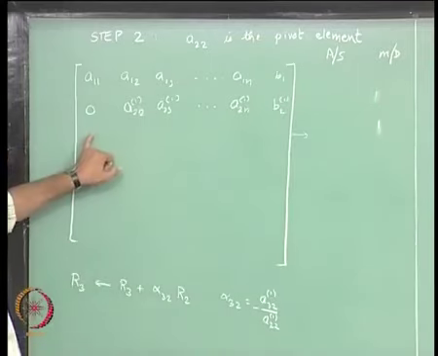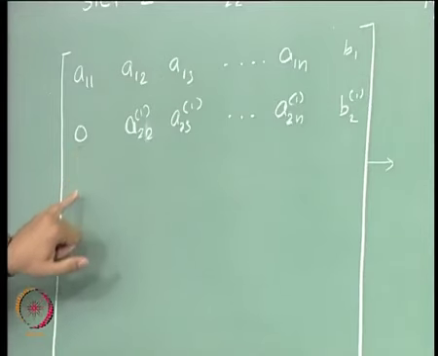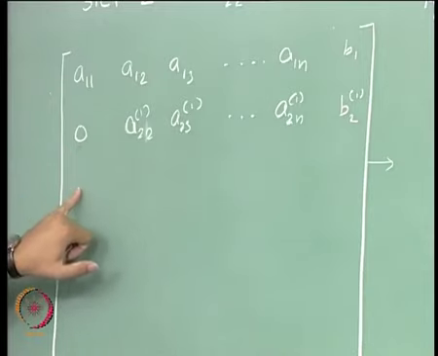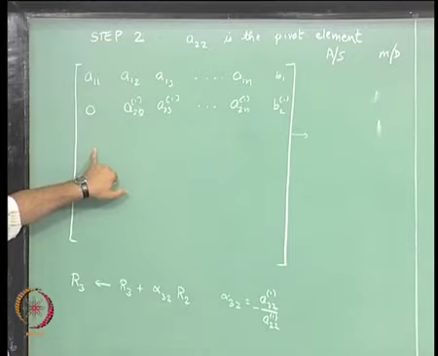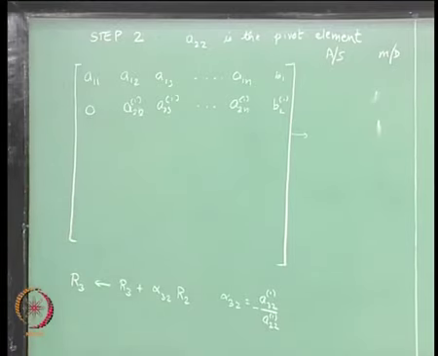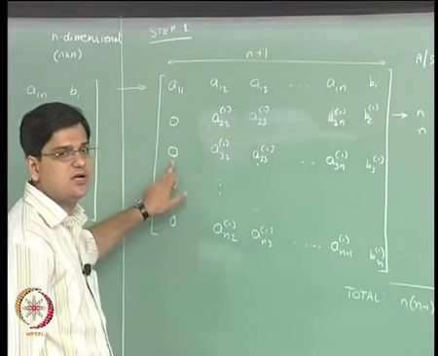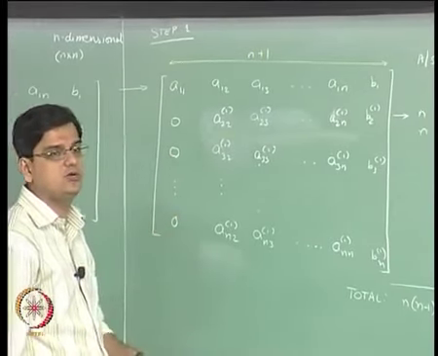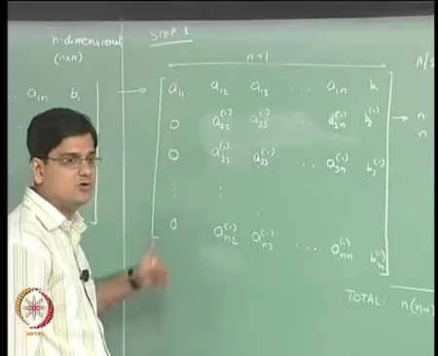Okay. Now because of this particular value being 0, no matter what row operation we are going to do, this value, the A31 value, is not going to change. So this A31 value, the 0 that we had over here, will remain 0. We are not going to waste one operation in computing this particular value.